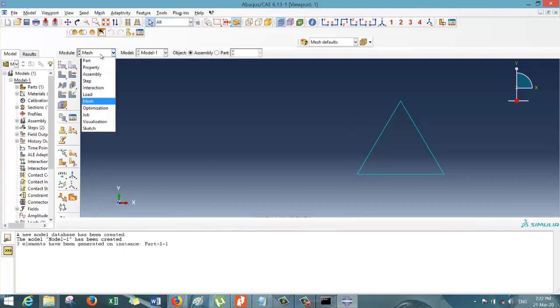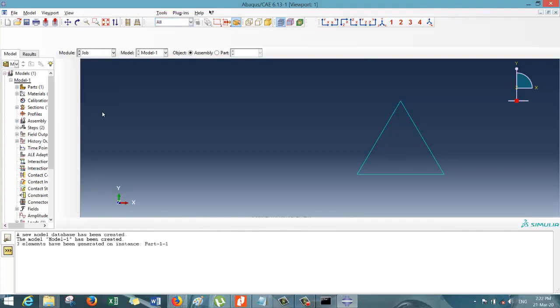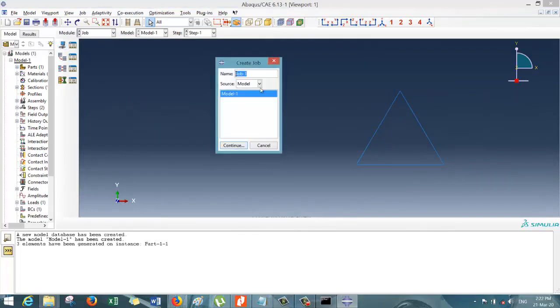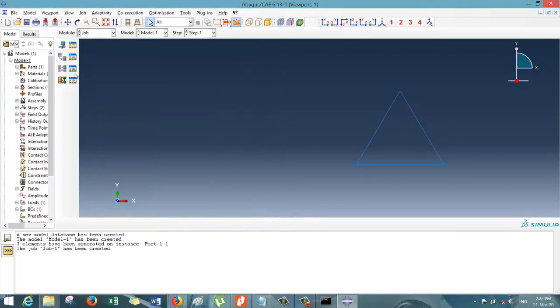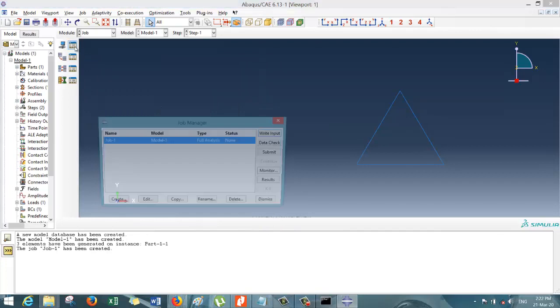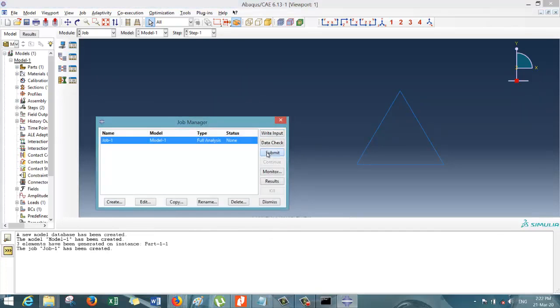Click yes. Now go to job module. Create job. Click on continue. OK. Now you can go to job manager. Click on submit. Now you can see that the job has been submitted for analysis. Now you can see that the analysis has been completed. So now you can go to the results.